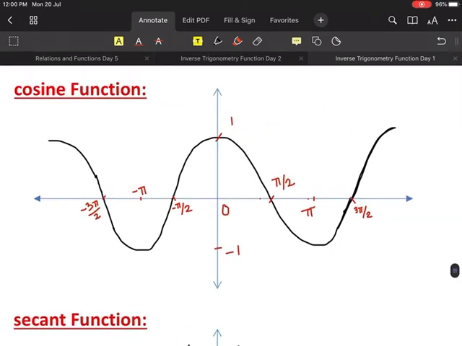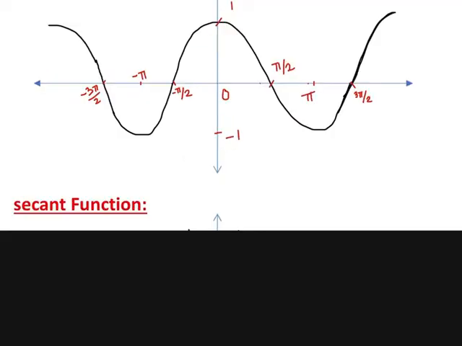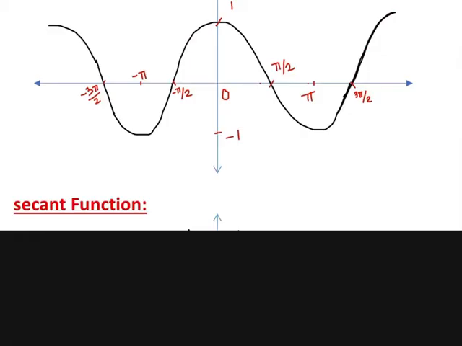Now look at here. Now let's move on to the next one. Let's move on to the cos function. So first tell me the values of cos. Cos 0 is how much? Cos 0 is what? 1, right? That's why it starts from here, 1. And cos 90 is how much? 0. That's why it's cutting 0.